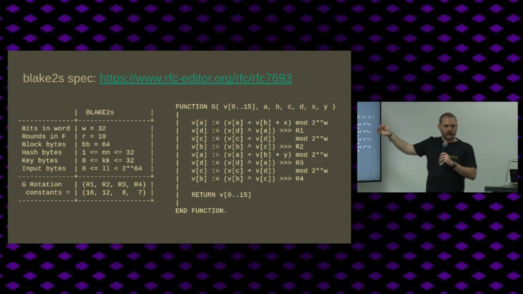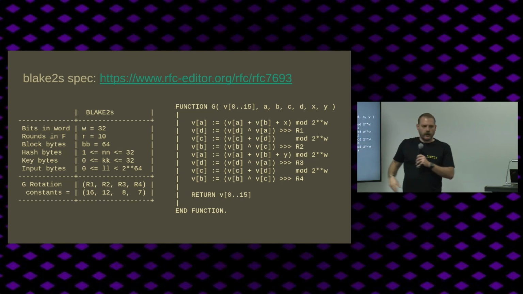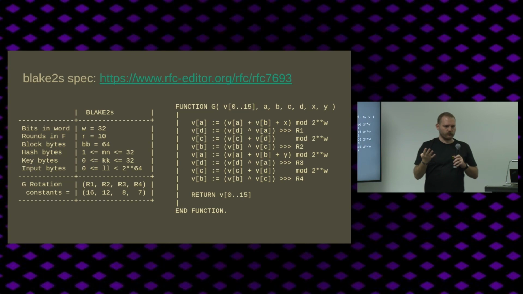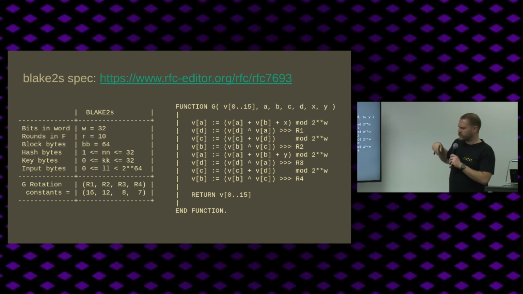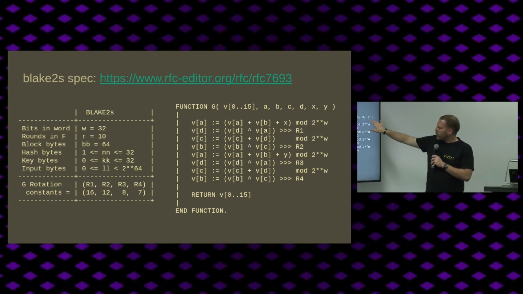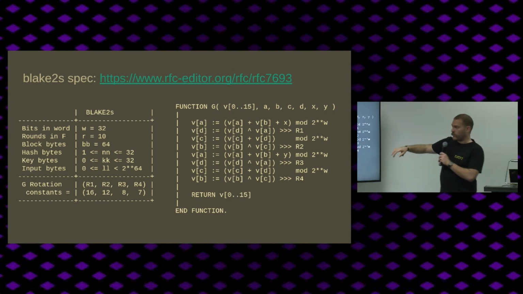And then elsewhere in this, there's a schedule of which ones you use on each round. So V of A and V of B, those are just 2 of the words that we're using. So we'll probably start this just with 4 inputs and not really worry about the whole 16. Then X and Y, I believe, is some extra data that comes in from somewhere else. So we have basically 6 32-bit words, and with those we will